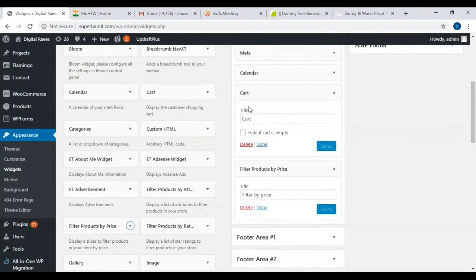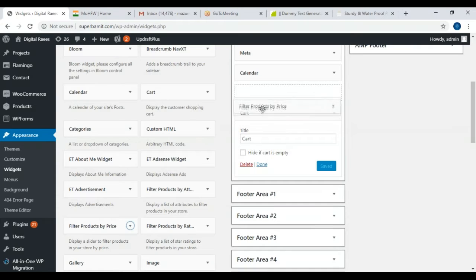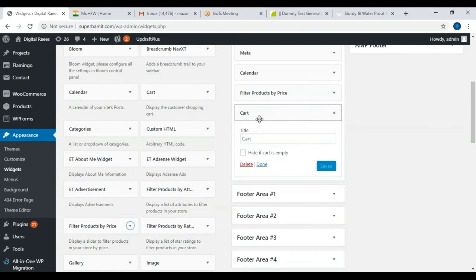One is cart and one is filter products by price. You can keep filter products by price at the top, and below that you can keep cart. Once done, you don't have to save anything because widgets automatically get saved and activated.